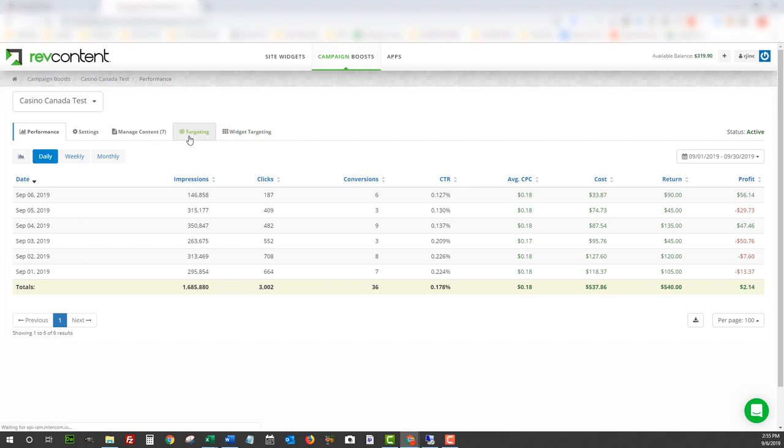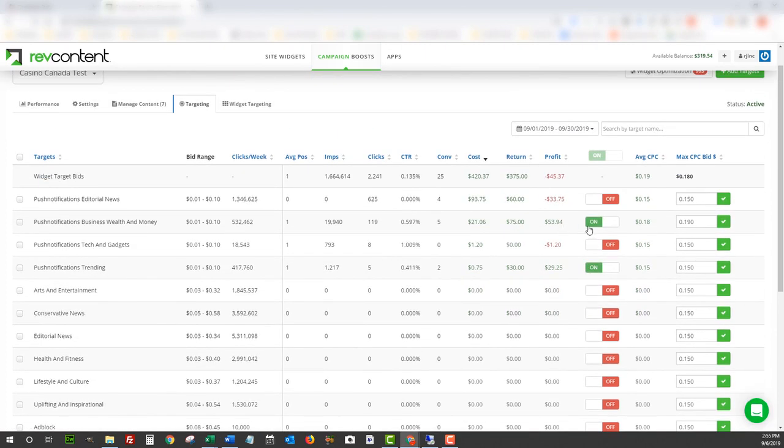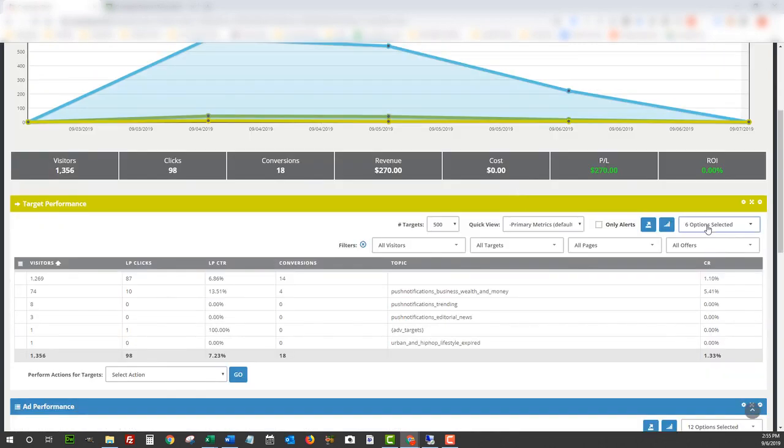So what I did was I went into my stats and I looked at the targeting, okay? I was running a bunch of different targeting here, and now I'm down to, as you can see, only 2 targets, okay? For now. Until I get a better landing page, I'm just going with the 2 targets that are converting. And so how I did that was I came into my campaign stats, and over here there are options I could have selected. And what I did was I just came in here and I just selected the topic. So now you can see,